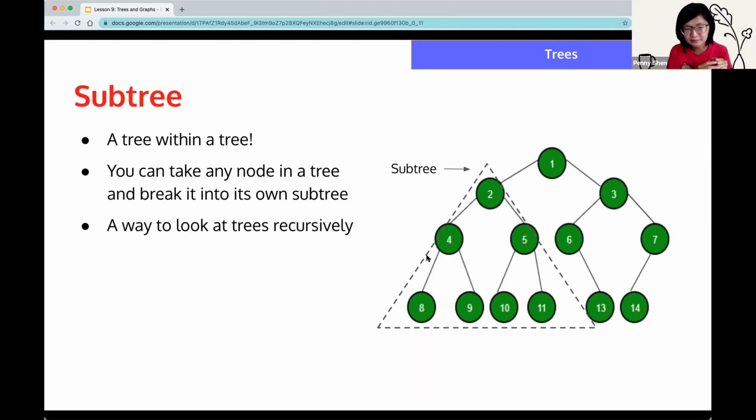So this is a good way to look at trees recursively. When you're at 1, you can look at the subtree on the left of 1 in the case of a binary tree, or the subtree on the right of 1. Also, the concept of a subtree is not necessarily limited to binary trees. You can have subtrees on normal trees as well. But you'll probably see it come up in the context of binary trees more often.